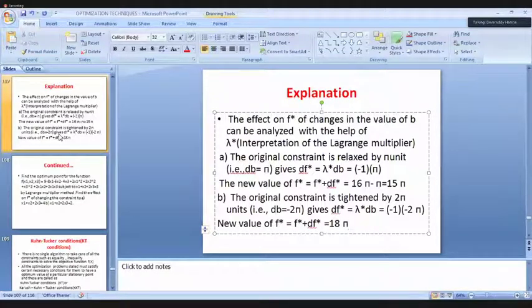You get all these three, but till now we don't know whether f is a minimum value or a maximum. For that, you need to find the determinant equation. Based upon the alpha value, if it is negative, you say that it is a maximum value. Once you get that value, if they ask you that the constant of your constraint equation has been changed, increased by some value or decreased by some value, then you follow this procedure.